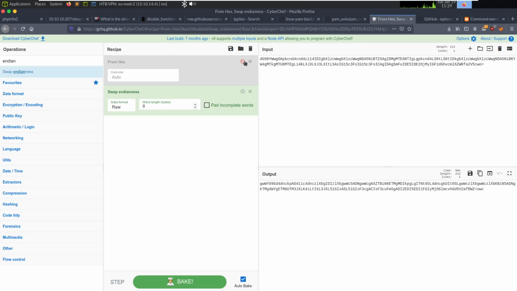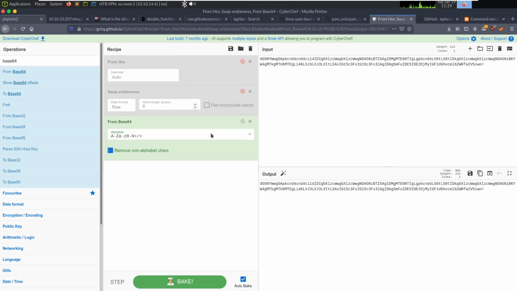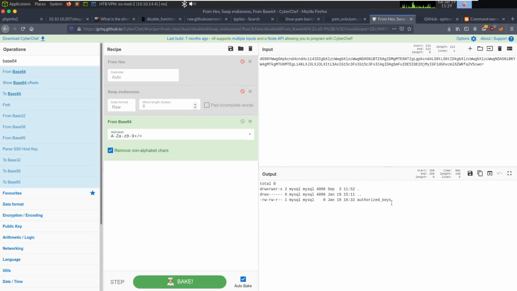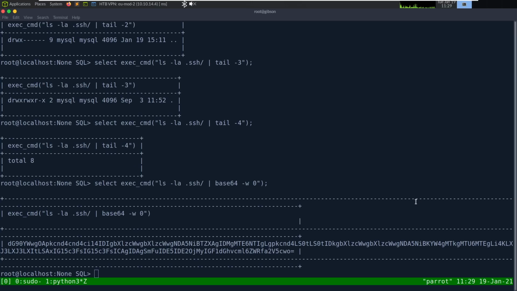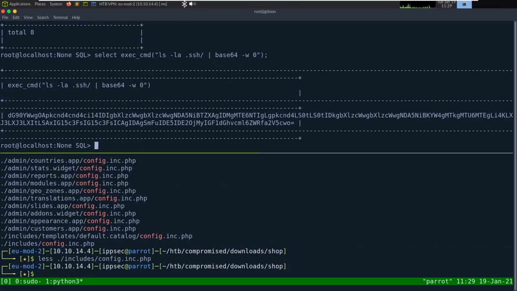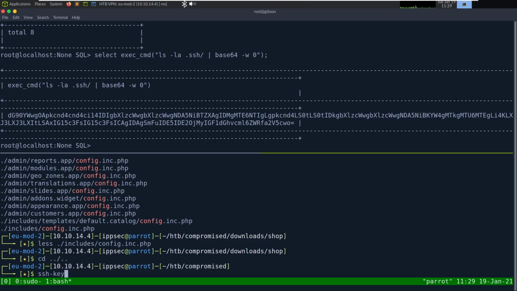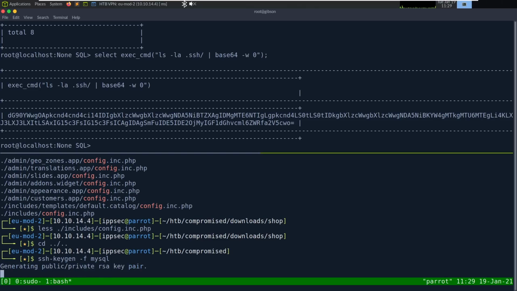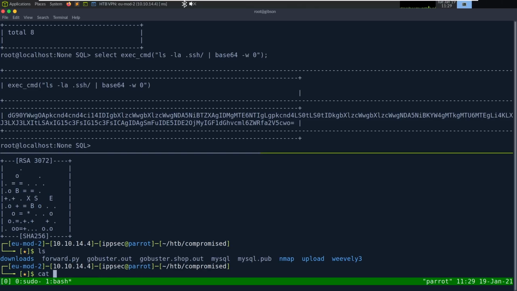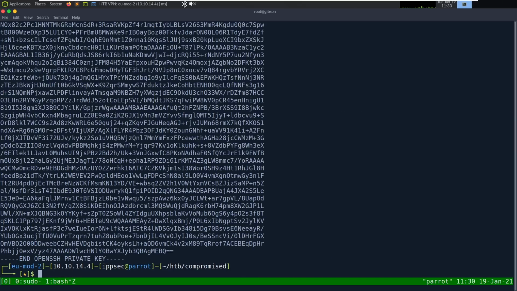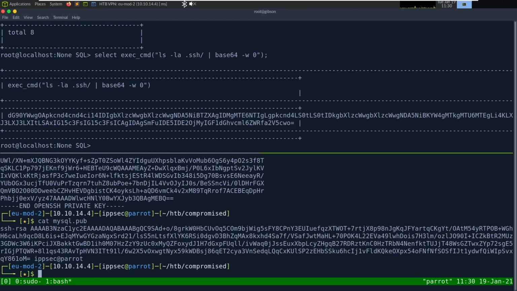If you can't tell, I love CyberChef. I've done this in a few videos recently. But we can see all the files here. So there's no ID RSA file that would have a private key. So let's create one ourselves. So I'm going to go up, ssh-keygen -f, and I'm going to call this mysql, I guess. No password, cat mysql, and we want to do the public key. So we can copy,